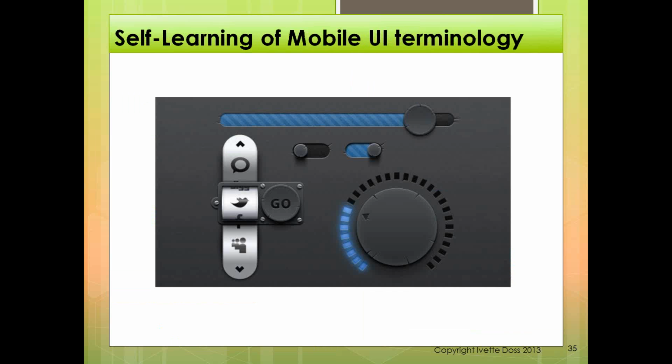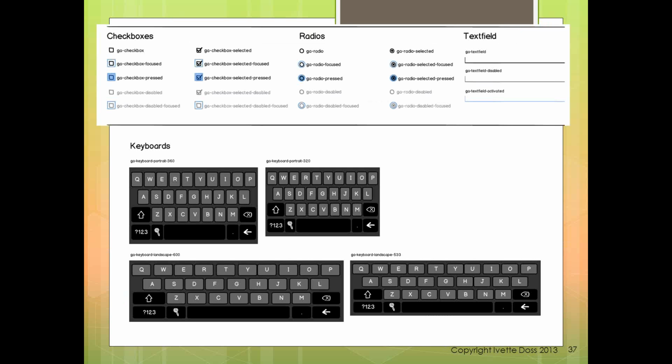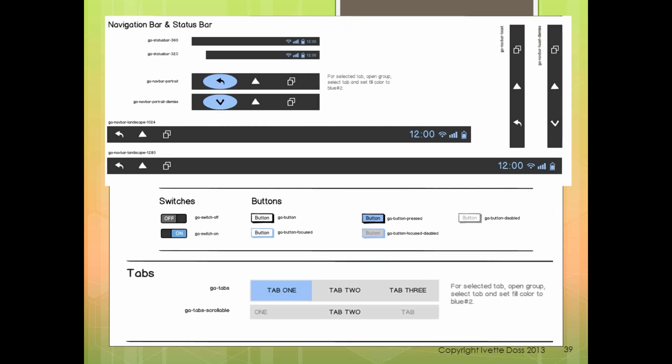For self-learning of mobile UI terminology, I found a very helpful, very cool site. It explains how to describe some gesture, whatever, pinch open, pinch close, double touch and things, or just make a graphical representation when you describe things, if it's possible. It depends what tools you use and the bug tracking system in your company. But here's just more stuff, like what is active, not active, and things like that. I think it's very cool and helpful.